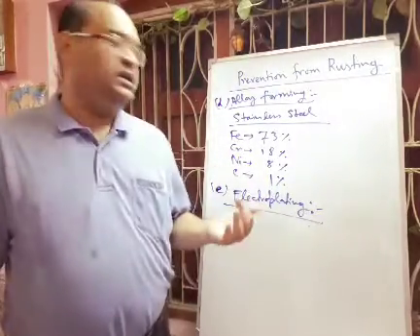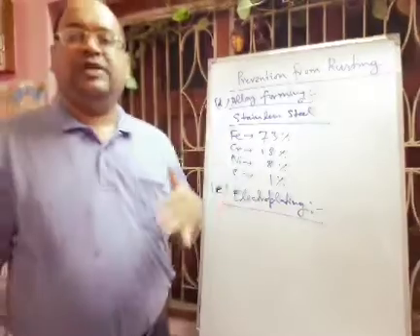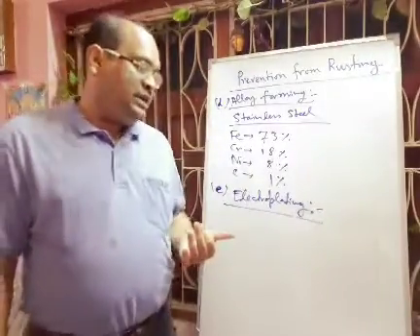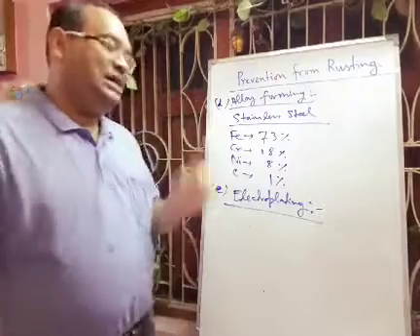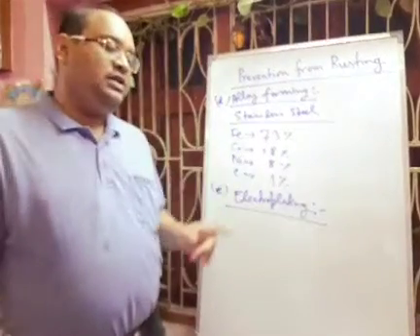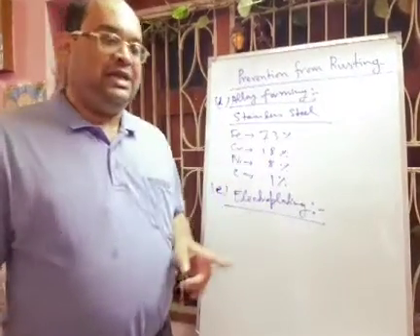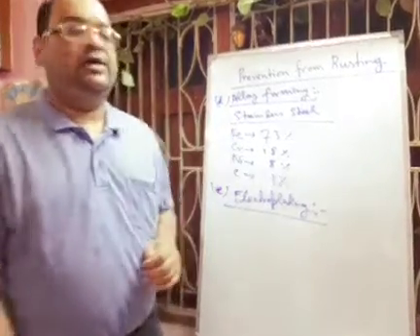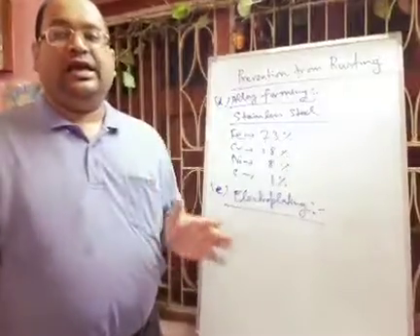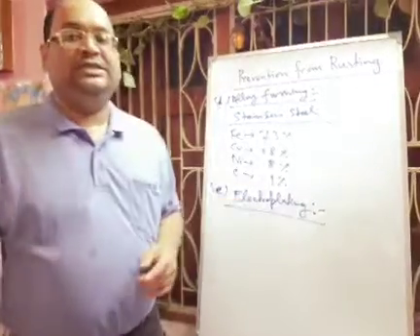In this way also you can prevent the rust. Actually here why it is called electroplating, because we are using electricity and there will be two electrodes, one will be cathode and one anode. In the anode we are keeping the pure metal and that will be deposited on the cathode where the article is placed. And in this way the electroplating process is done.